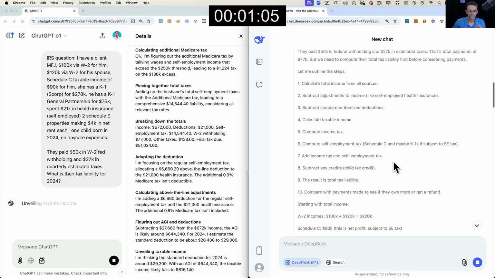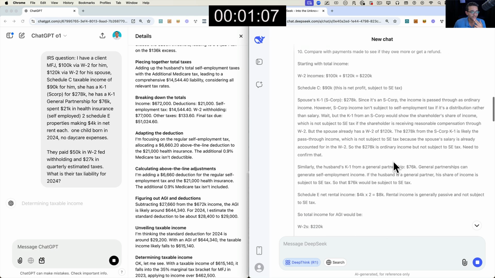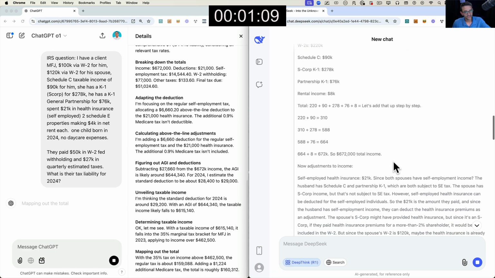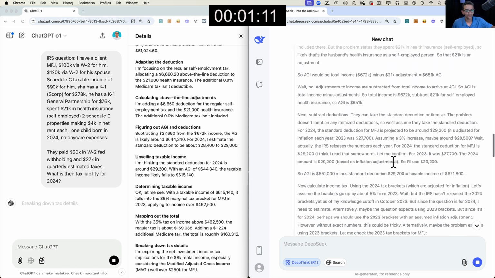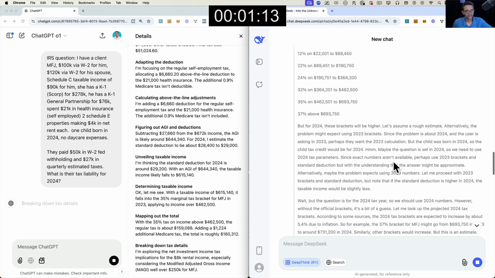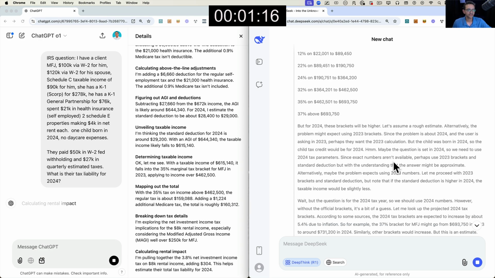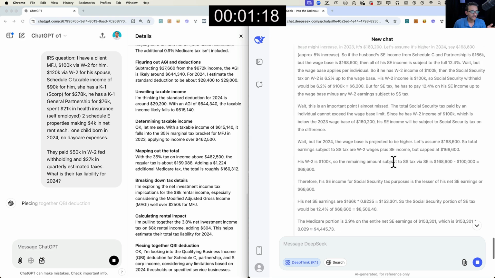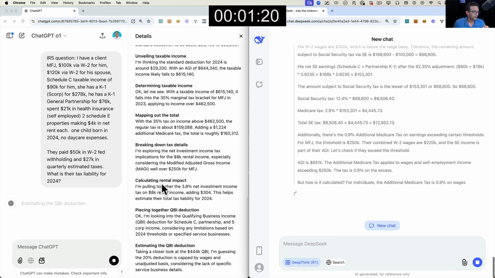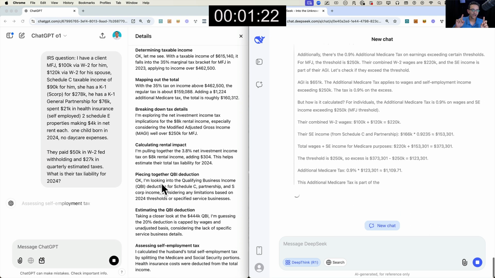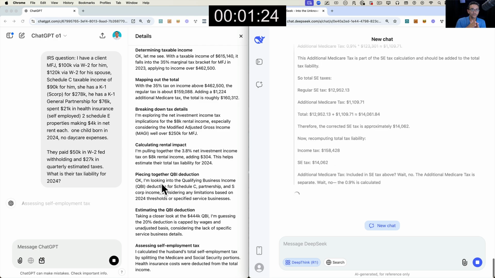Deepthink is interesting because it sort of checks its own work. And you can actually read through and see everything that it's doing. So this is its own reasoning. And the reason why it takes so long really is because it goes back and double checks the work, double checks the math. So both of these are thinking, quote unquote. So at this point, I will just fast forward the video until the end.